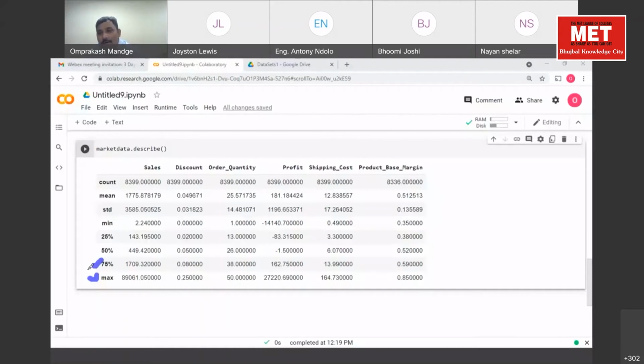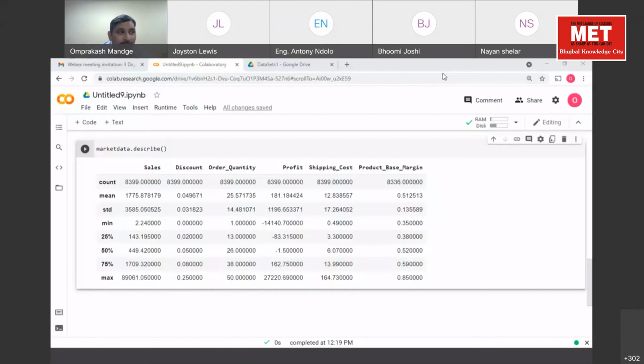Okay, standard deviation. Samiksha is asking. See, say for example I have one value 12, another value 15, another value 17.